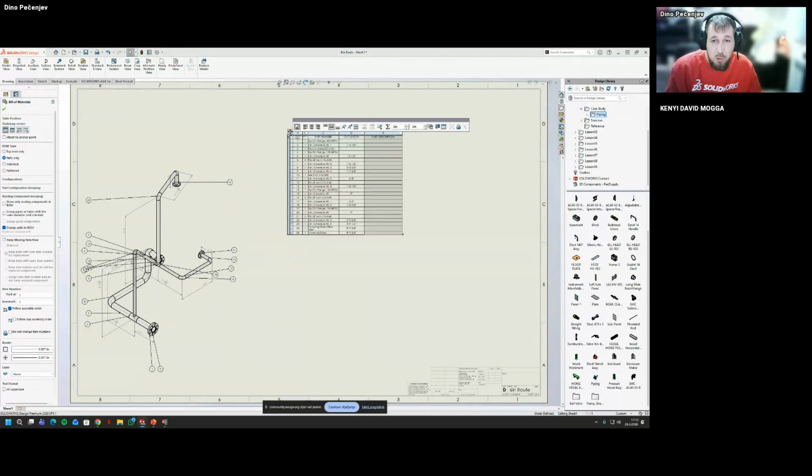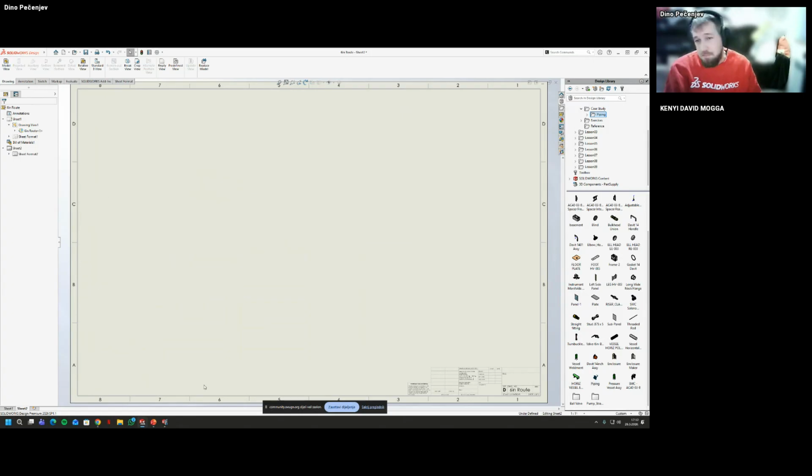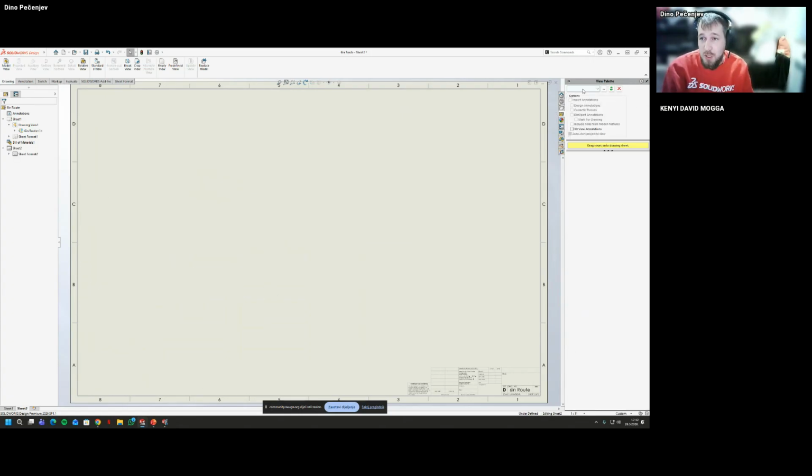Also, you have multiple route properties. If I need the route properties, for example, covering thickness, I can get the covering thickness for this. Also the IDs of the materials, I can get the pipe length, so I can get the lengths regarding the units I use. So there are route properties, and I can also combine them for the bill of material, everything else. Everything else is just the same as you would do in SolidWorks.